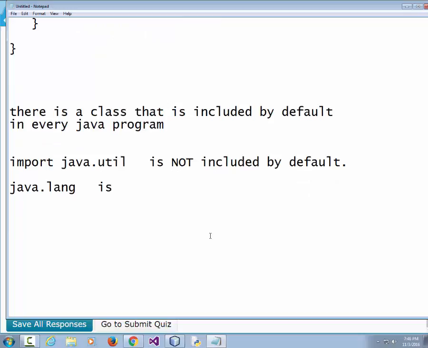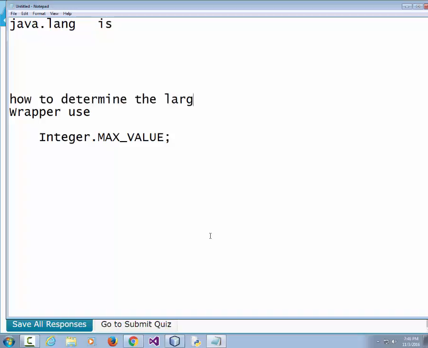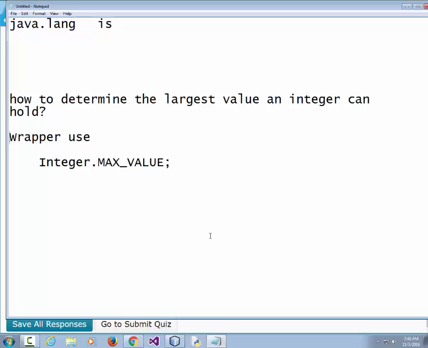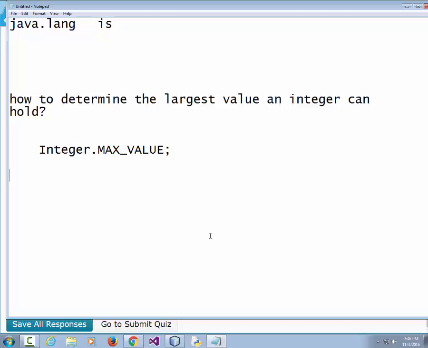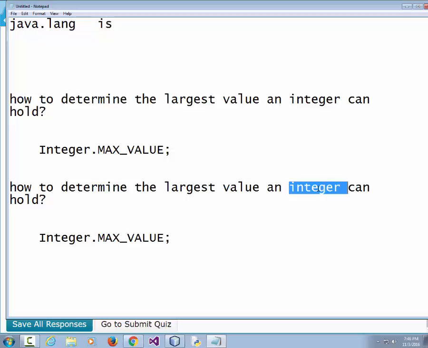I could conceivably just remove this question. It also was not covered on any of the quizzes. But if I wanted to get the maximum value of an integer, how would I get that? I would use a wrapper class and get integer.maxValue. Same for if it's a double. If I want to find out the largest value a double can hold, or a float,